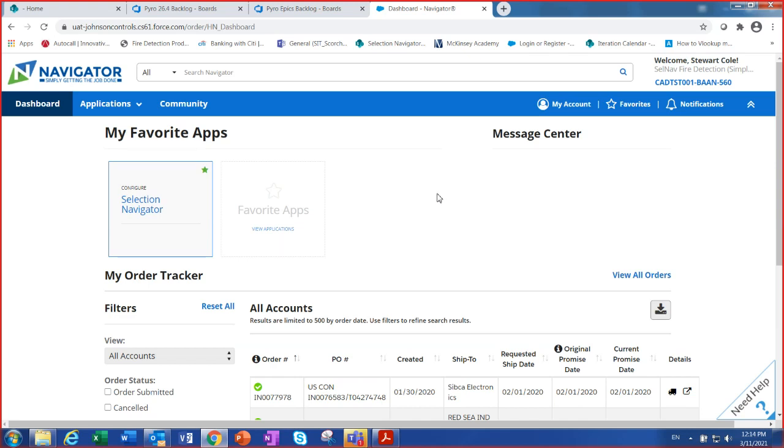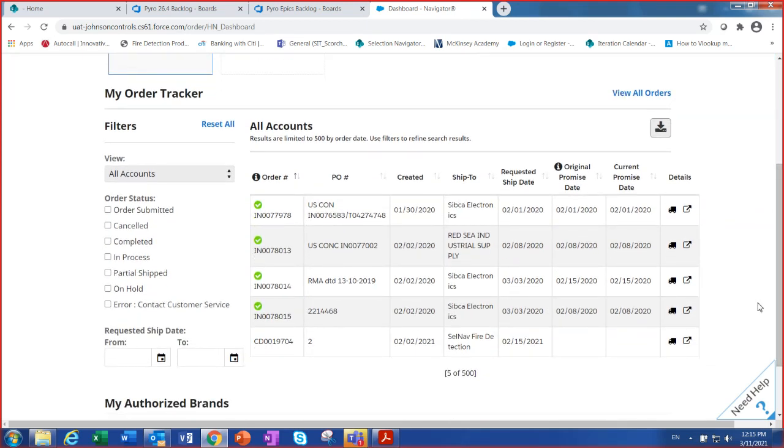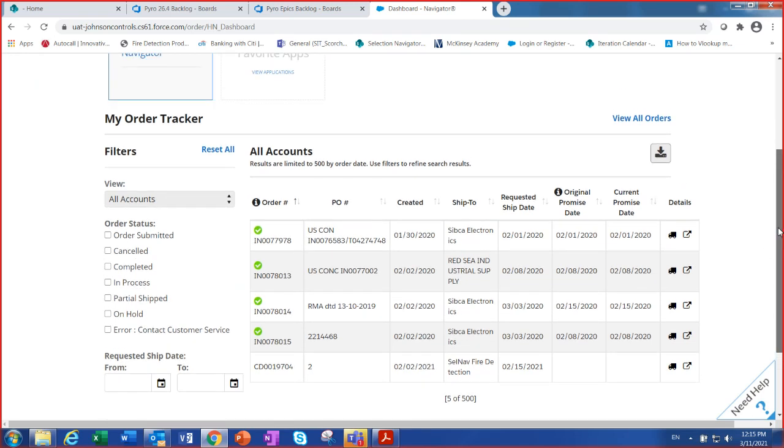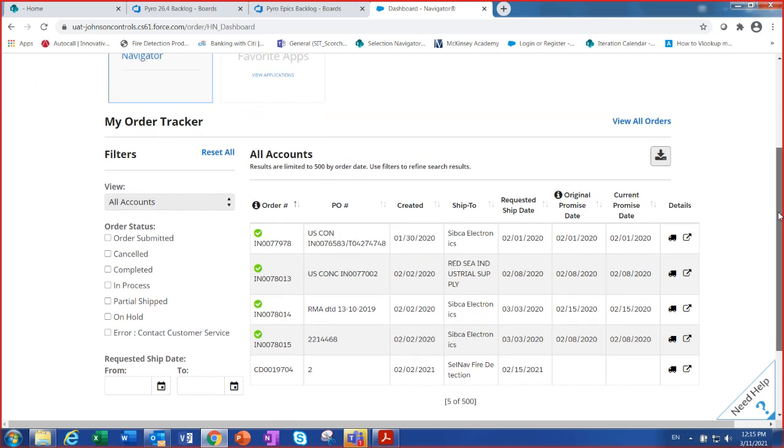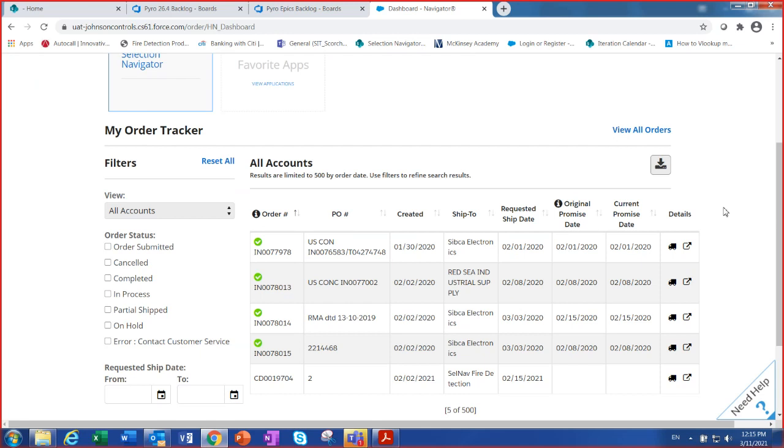Fantastic. Okay, so I've actually gone into a test environment. I've not gone into anyone's real account, and hopefully some of you have already seen this because we actually enabled this last week. We actually went live. So the first thing that you'll notice when you log into the Navigator platform, you'll see the My Order Tracker here populate on the dashboard. Now, you've probably seen it for some time, but this particular grid has always been empty. And hopefully when you log in now, this will be populated. And we've loaded history for the past 12 months. You'll see this populated. Now, all users of that account will see this order history view.